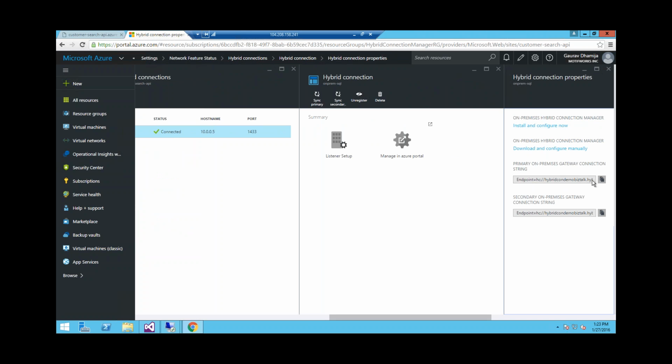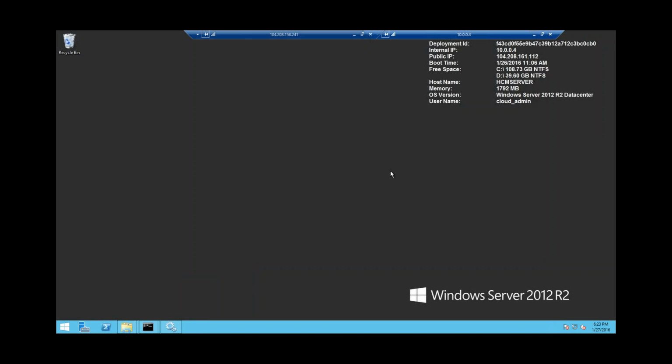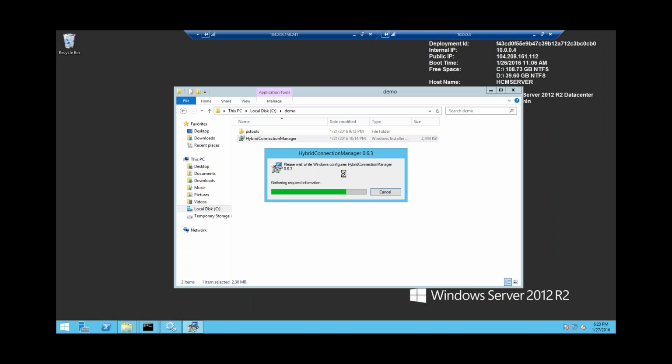Usually, you will have multiple services installed on different servers and different database servers which you want to connect to external applications. The best practice that is recommended is to have a specific server which we call the Hybrid Connection Manager server, which will be one consolidated connection point for all your internal services and database servers. So we download the installer and we install it here.